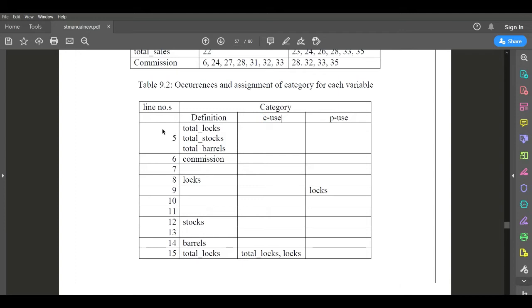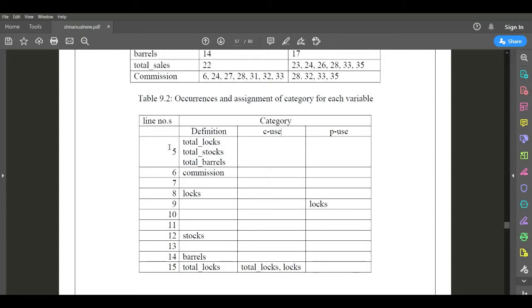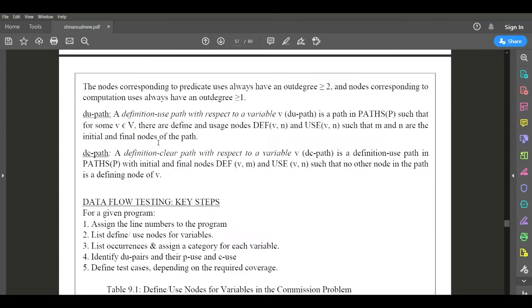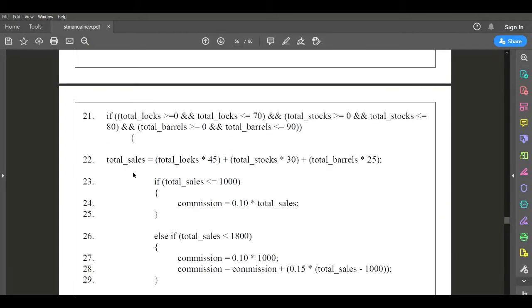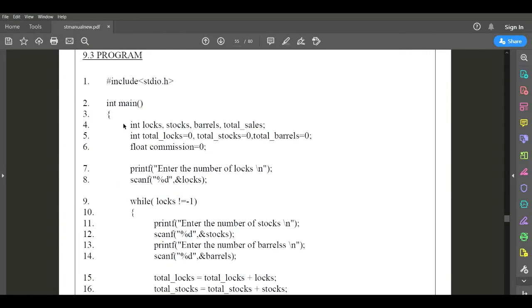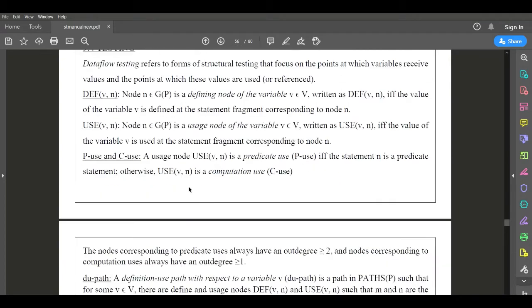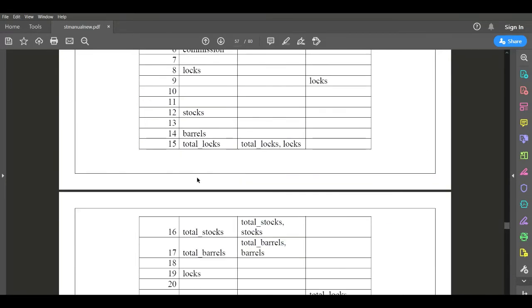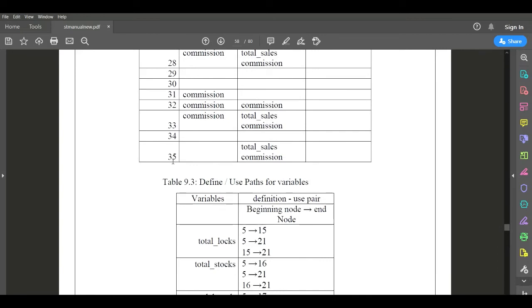Okay, first please remember, you write all the lines from where the starting variable values are initialized. Starting variable values are initialized in line number 5, you can see here. So from line number 5 you include all the lines which are there in your program. Now I have included all the lines up to 35. Okay, I will tell you.